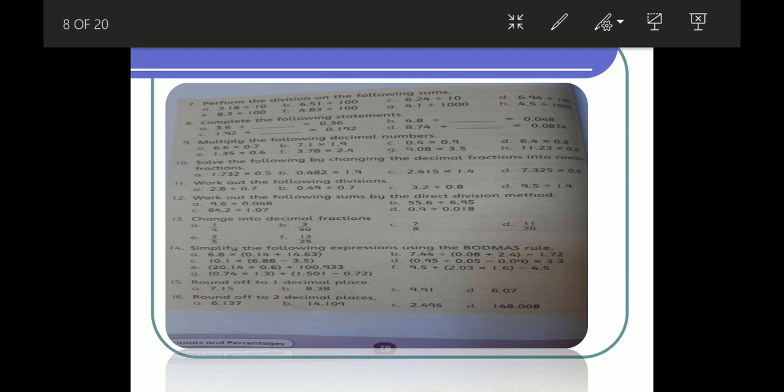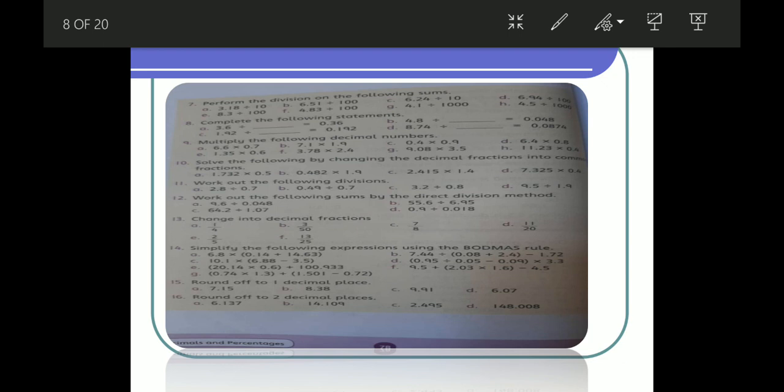You have to multiply simply, but keep this in your mind, the placement of the point. If the point is present after one decimal place, place the point after one decimal place in the answer. If the point is present after two decimal places in the question, then place the point in the answer after two decimal places. You have to keep the point placement in your mind. Then multiplication and division are as simple as you have done with whole numbers.